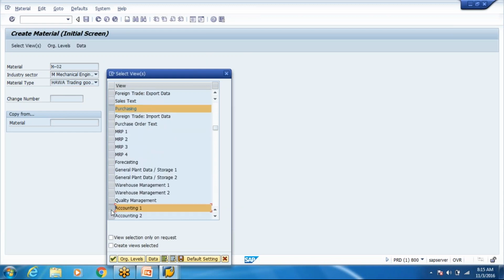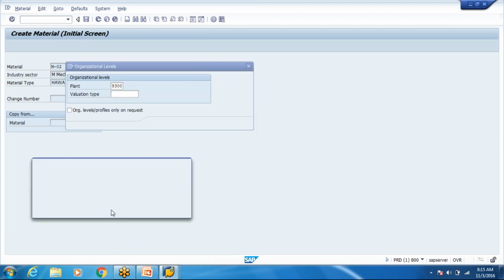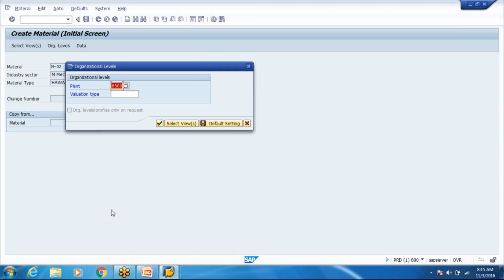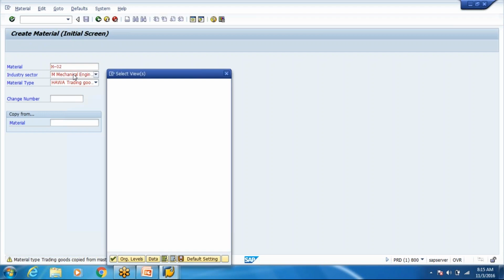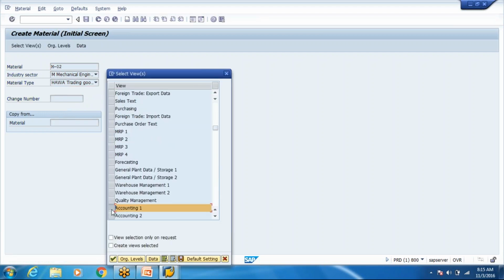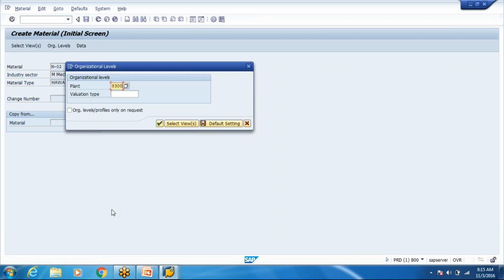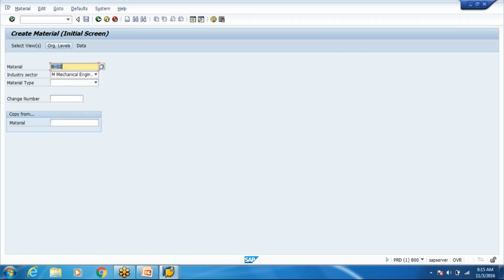If you create it like this, with the material already maintained, then it should not be an issue. Let me check. Accounting one view. I think if it is maintained, then it should go through.